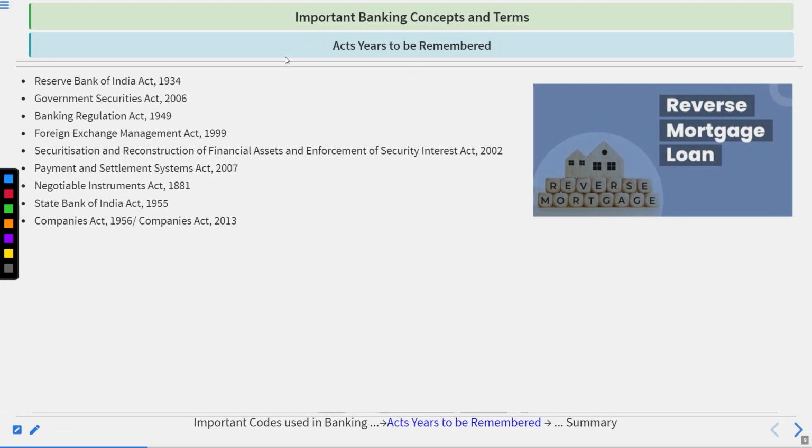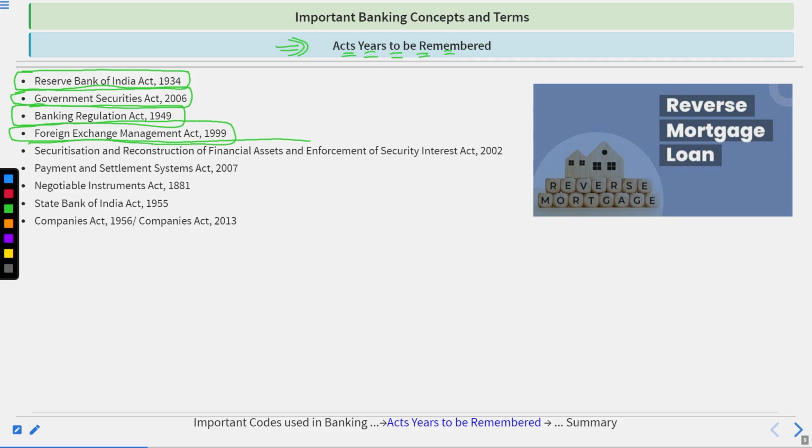Now, let's have a look over the Acts and years to be remembered. First, Reserve Bank of India Act 1934, Government Securities Act 2006, Banking Regulation Act 1949, Foreign Exchange Management Act 1999,